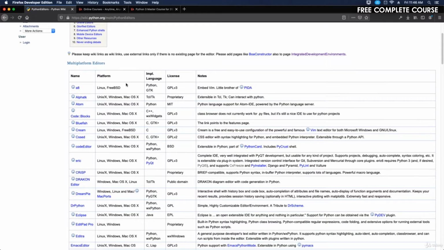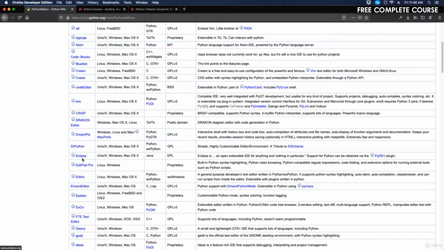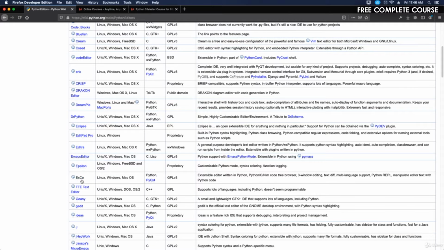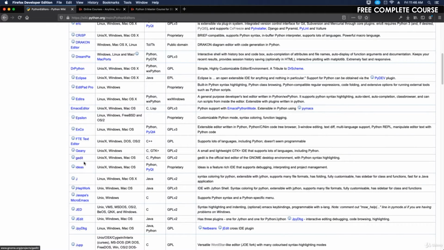So the multi-platform editors, most of them support Unix, Windows, Mac OS. Okay, so you have A8, which is just Linux and FreeBSD, okay, Alpha TK, Atom, CodeBlocks, Bluefish, Cream, CSSED, Code Editor, Eric, Crisp, Draken, DreamPy, DryPython, Dr. Python, Eclipse, EditPad Pro, Editora, Emacs Editor, Ellipson, EXCO, FTE Text Editor, Genie, Gedit, Ideas,